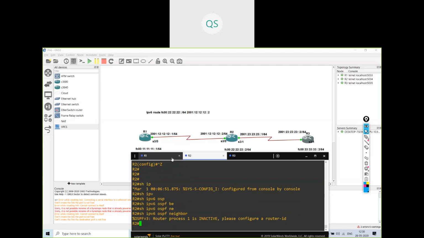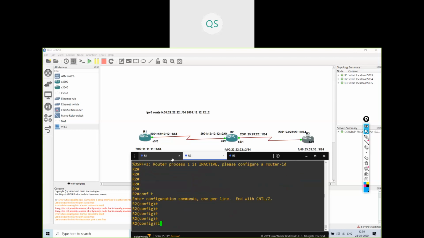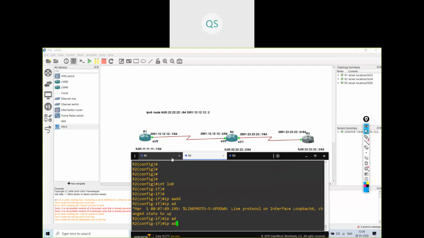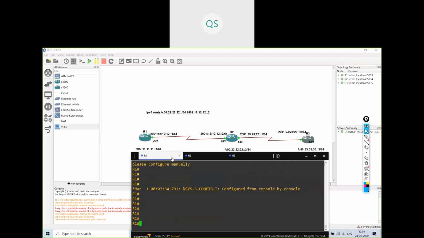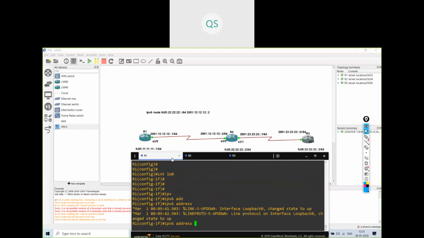It is inactive; please configure the router ID. Configure terminal, interface loopback 0, ip address 2.2.2.2 255.255.255.255. Interface loopback 0, ipv6 address 1.1.1.1 with subnet mask 32.